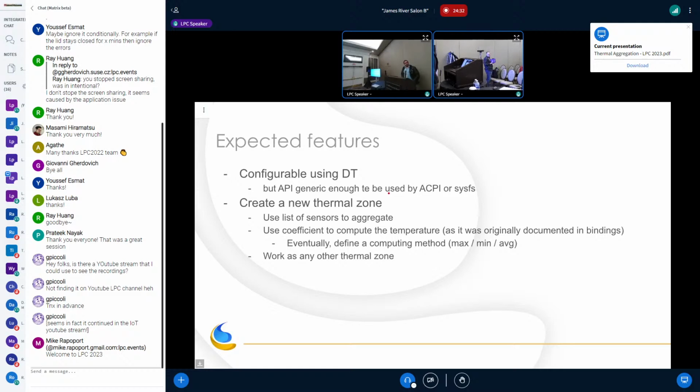Just because it is good to know that it is an aggregate and not a sensor-attached thermal zone. So you know that the temperature doesn't come from the sensor directly, right? When it breaks, you want to find out why. When it's broken, you need to know its components to find out: was the math broken or is one of the subsensors broken, right?